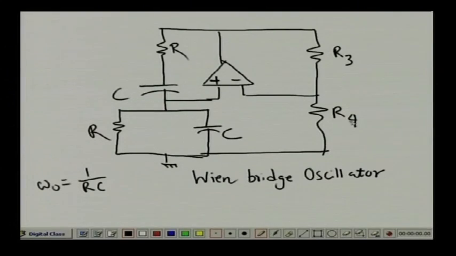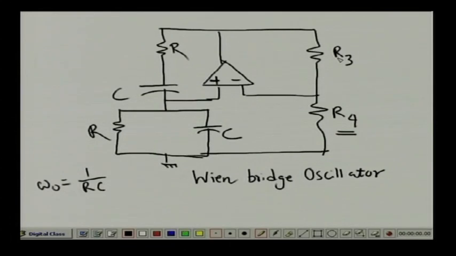Now, I am not going into details of this Wien bridge oscillator, but you see that for stability of the system, the gain should not be that high that it should saturate the amplifier, it should not be that low also that your oscillation may not start. So, what they do commercially, previously they used R4 as a tungsten filament lamp, because as you know the tungsten filament lamp's resistance depends on the temperature. So, as the time goes on its resistance increases, or you can use R3 as a